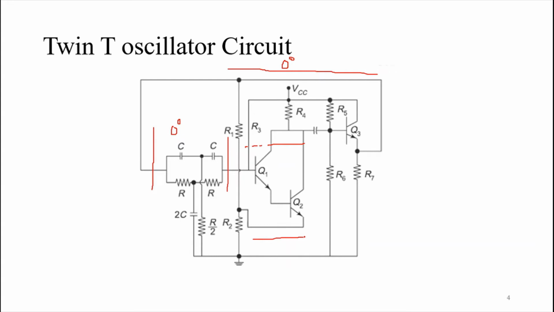A Darlington amplifier is considered using two transistors, and these transistors are used in common collector configuration. A common collector amplifier does not give you any phase shift, so we do not require any phase shift in our twin-T oscillator amplifier, and that is why we are going for a Darlington amplifier. The reason is that it is able to give you a very high amount of current gain.